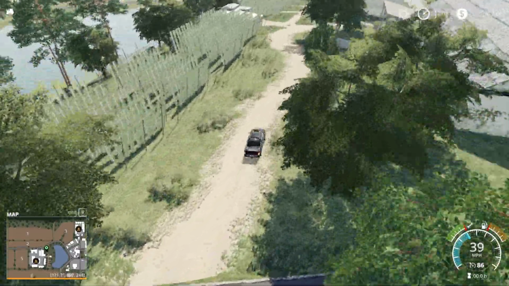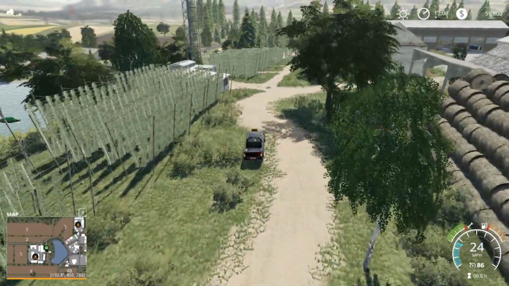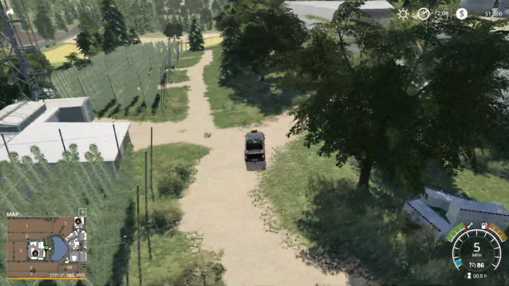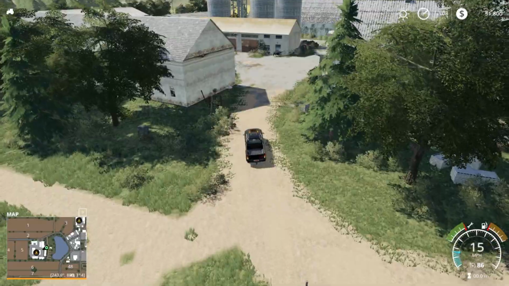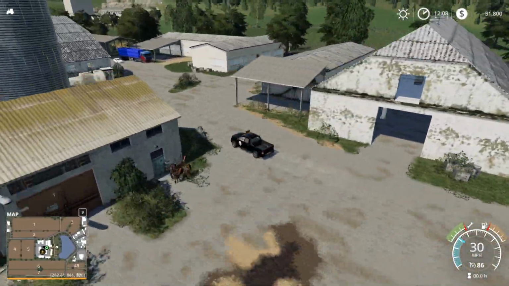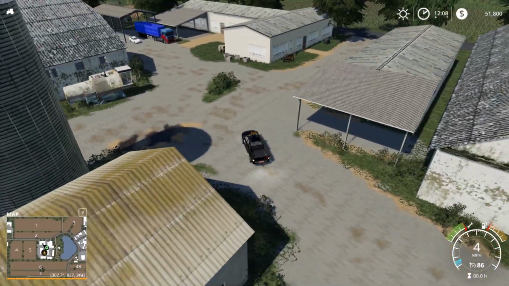We'll head in the back way here. I'm not sure what those are. Some sort of vined plant or something like that. I don't know. Anyhow, we'll head up this way to our next sell point. So another big yard here. The sell point is actually going to be,